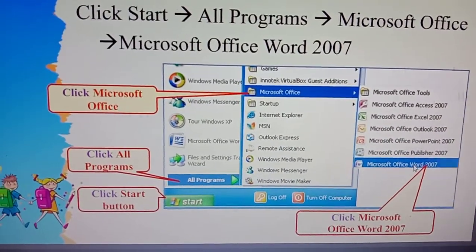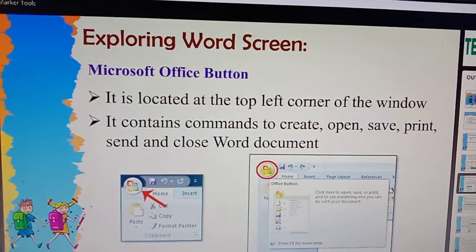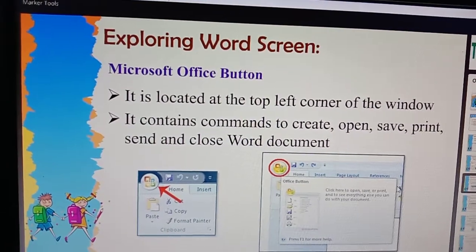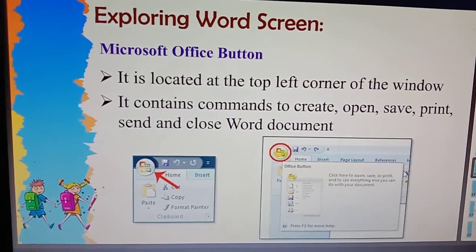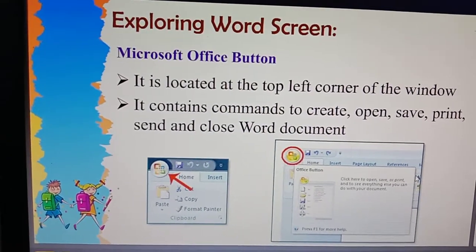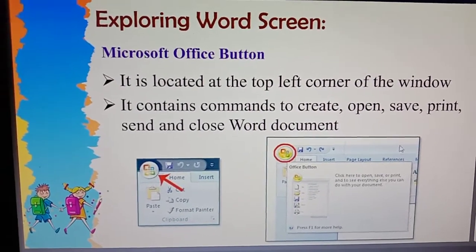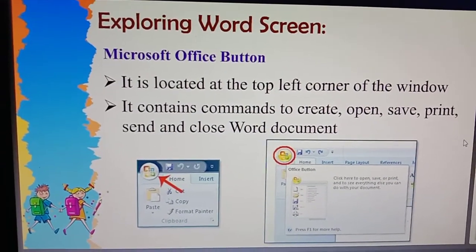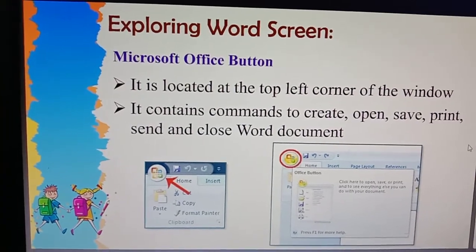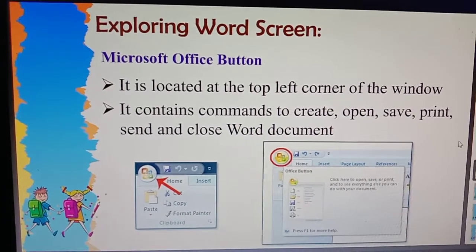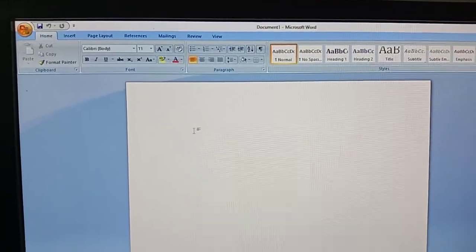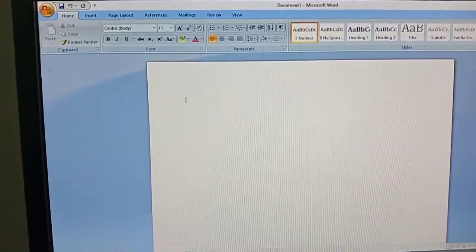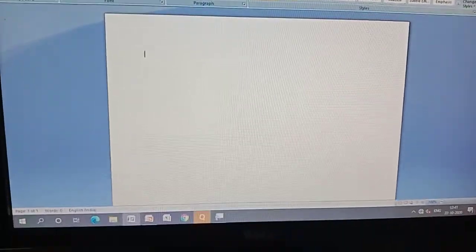Okay. So after doing all the procedures to launch MS Word, now we are going to see the complete window of MS Word. First, here I am going to show you the complete screen of MS Word, children. Just have a look. See here children, this is a complete view of the MS Word window. And now